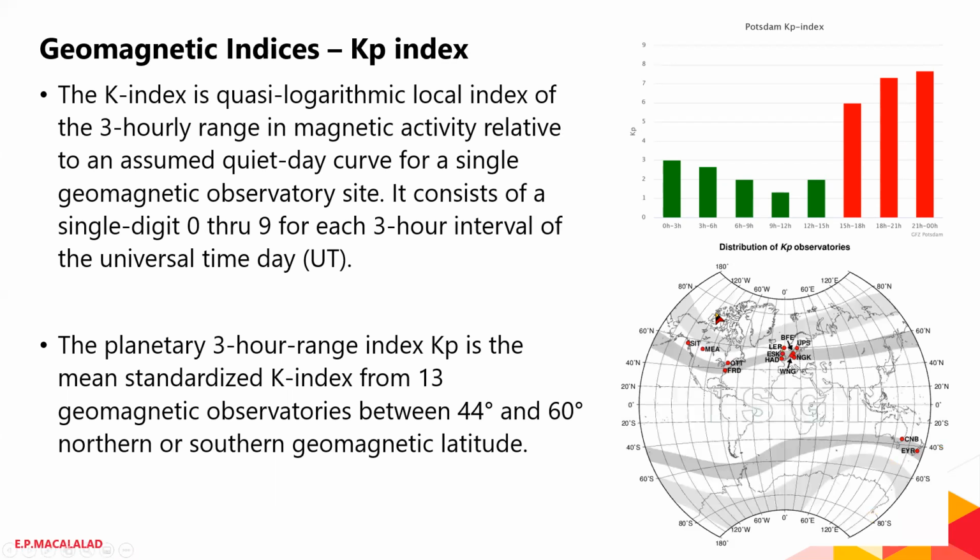And these are the 13 geomagnetic observatories that are used to calculate your KP index. Most of them are located in the American and European regions, and some of them are located in the Australian and New Zealand area. The United States produced its own scale that categorizes geomagnetic activity and auroral activity.